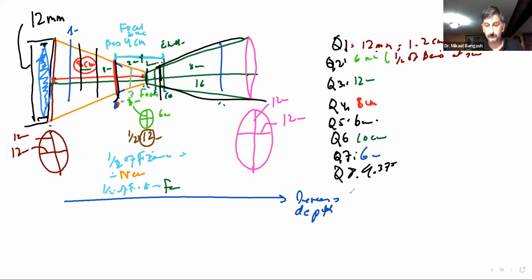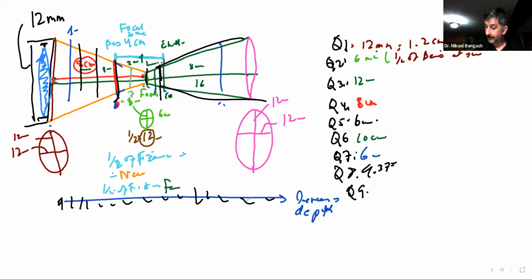Question number 9. Which of the following beam, at which of the following depths? So they are giving you different depths. Which means as we go from here to here, like this, is the beam most likely going to be at the same diameter as it has at the depth of 11 centimeters, which would have been